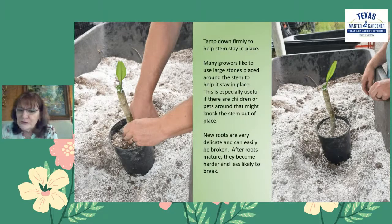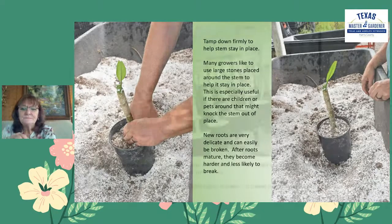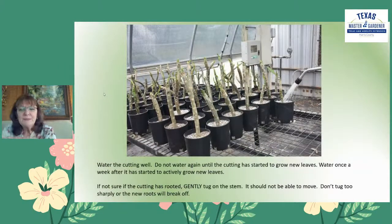New roots are super delicate. But the older the roots, the more hardy, the stronger they become. Next, after it's been planted, you water it in well. You will not water it again until you see active leaf growth, and then water thereafter. To see if a cutting has rooted, which takes over a month, easily 6 weeks for it to really root in,